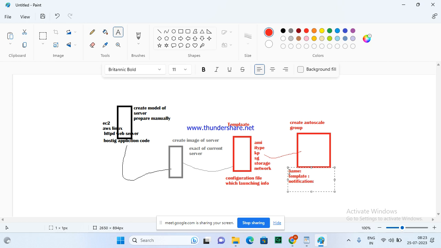Notification means if something goes wrong, to whom it needs to email. Notification is also done by the auto scaling configuration you set. And you have to set ELB integration. In the auto scaling setup itself, it will ask which template you want to attach. And if something happens to any server capacity or load, then whom should I contact? So I have to give the email address of my team. That is called notification. And ELB integration means that while creating auto scaling, I'm saying to integrate the elastic load balancer also.